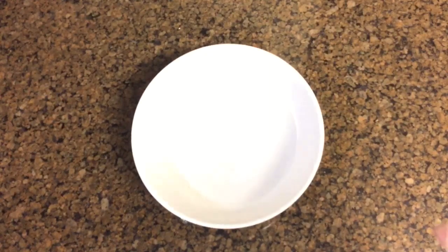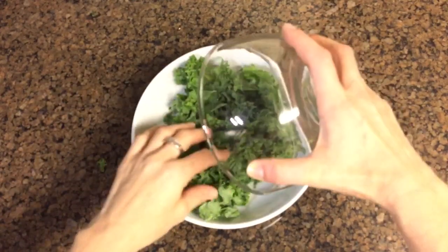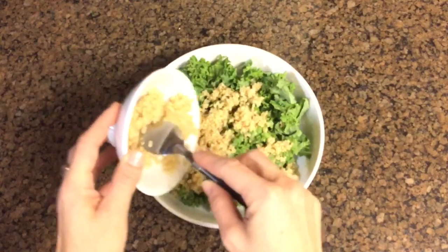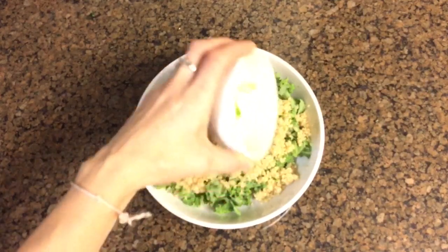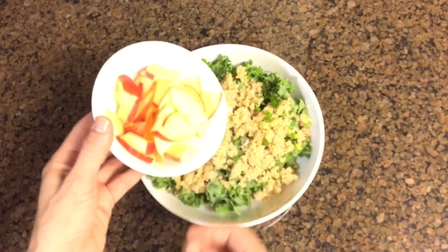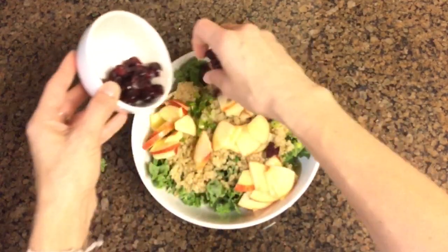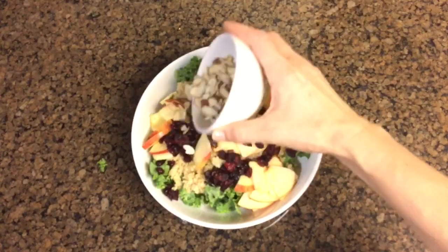For this recipe, you are going to use 2 cups of chopped kale, half a cup of cooked quinoa, one chopped green onion, half of sliced gala apple, 1/4 cup of dried cranberries, 1/4 cup of toasted almonds,